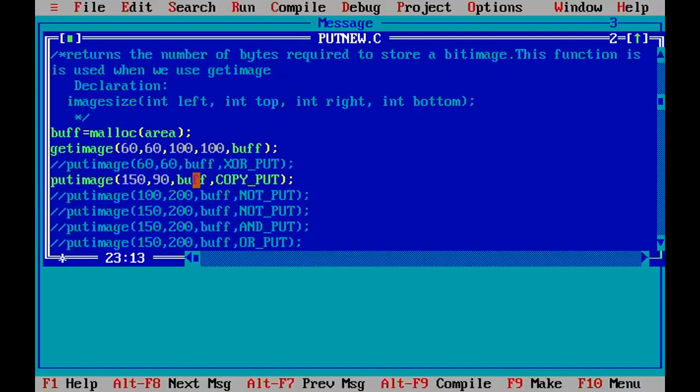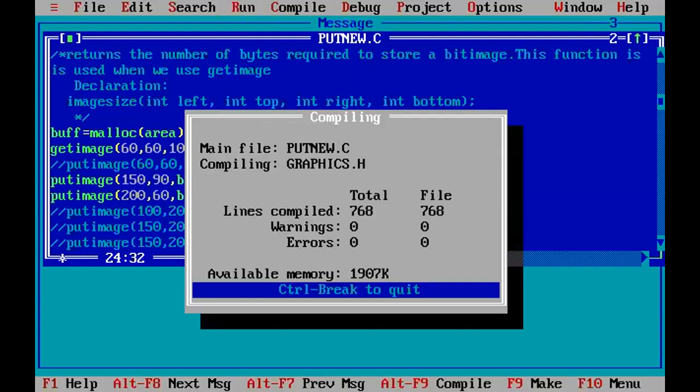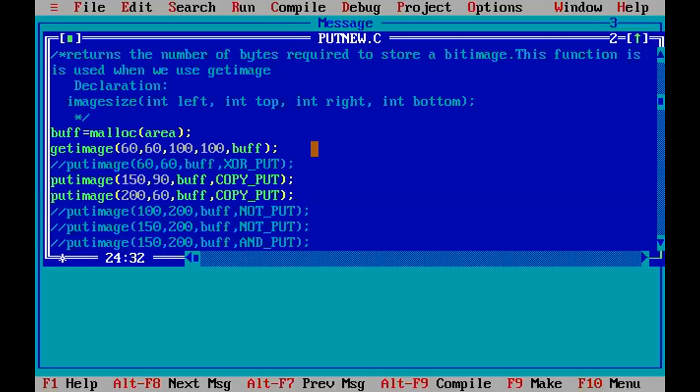So if I write put image once again and 260, it will make another copy of it. Okay, two copies are fine. In this manner your copy put function will work.